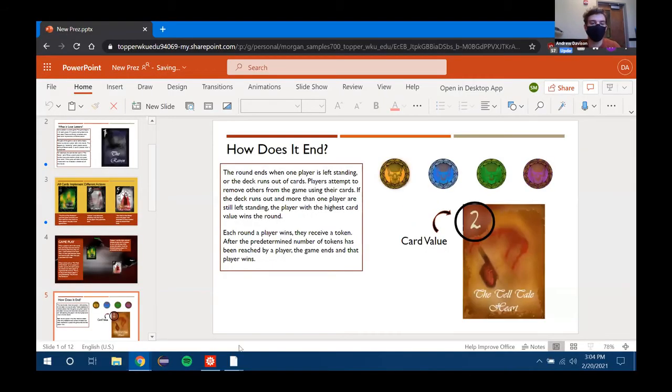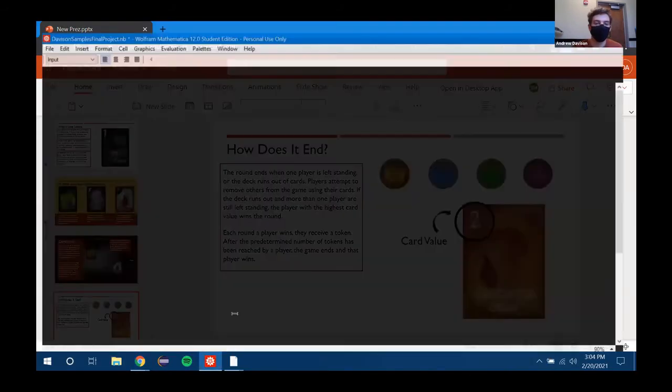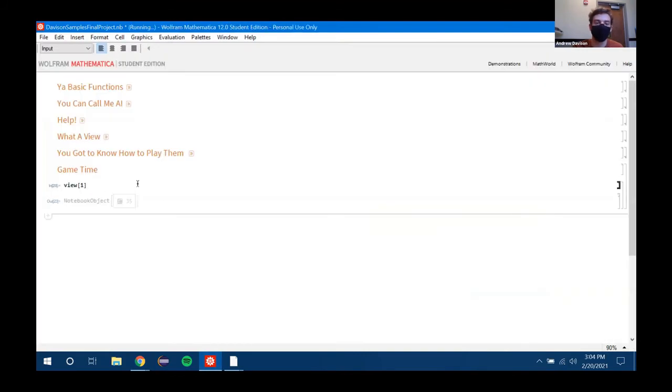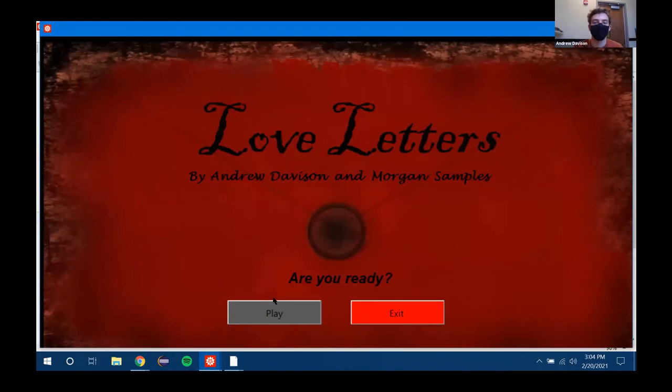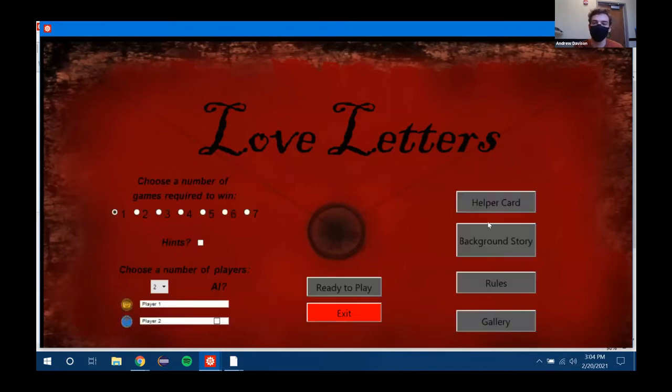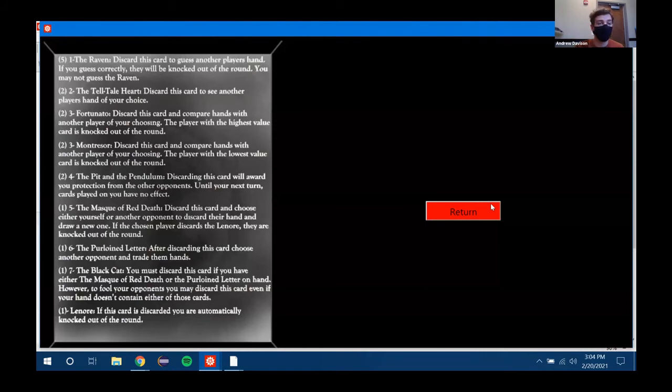So to give you a feel of what the game is like, we're going to do a little friendly game between me and Morgan, before we go into the strategy that we've put into the game. First, we're going to look at the helper card that we have here and go over what all of the cards do and what those look like. This is going to be really important later when we talk about how the AI plays the game,